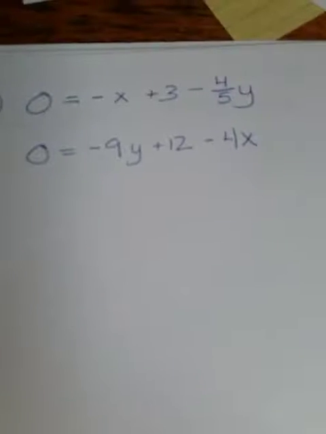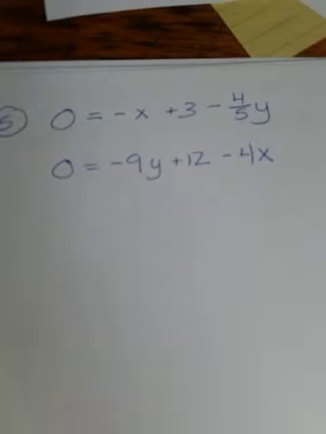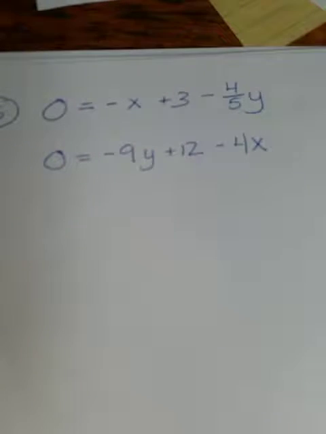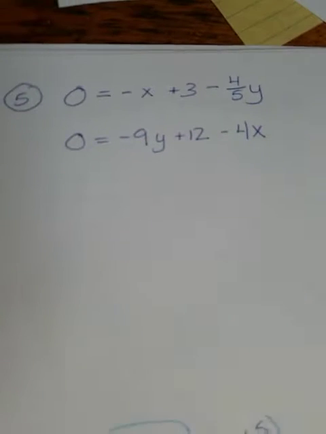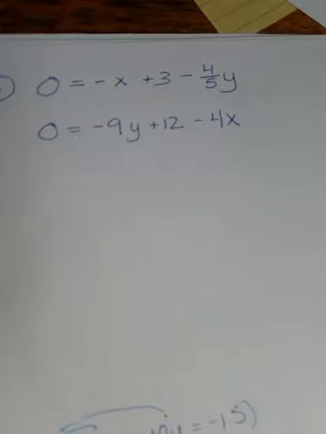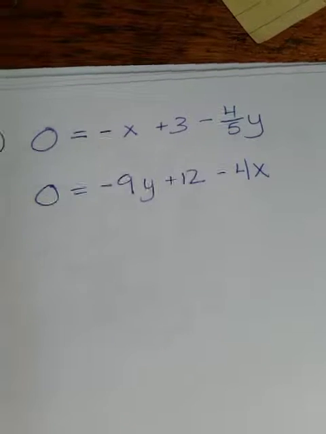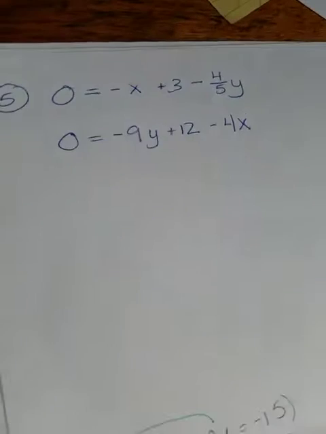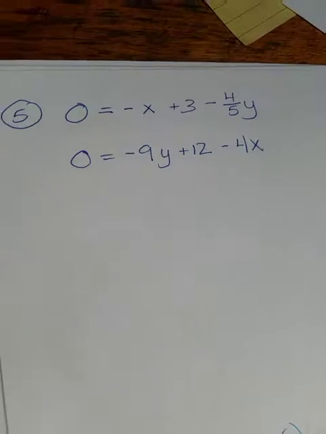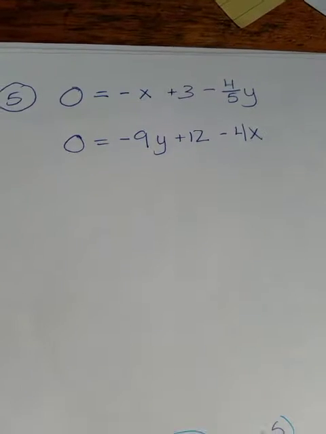Okay, we're not going to see a ton like this, but I want you to know that they do exist. Number 5 is when you're given two equations that aren't in a form, meaning your x's aren't lined up, your y's and your numbers, like number 3, right? We had the x's, the y's, and the numbers all lined up. Number 5 does not look like that. So this requires a little bit of an extra step. We need to get the x's and the y's to the left and the numbers to the right just to stay consistent. So